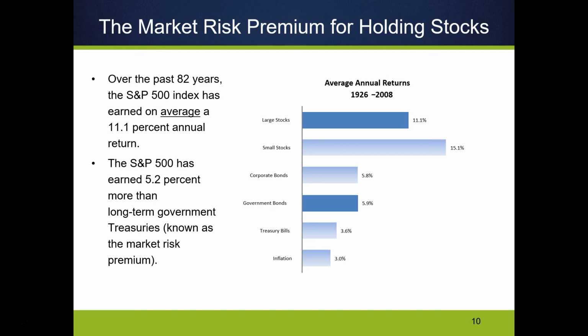Right? What that means is that the market risk premium historically has been about 5.2% based on the S&P 500, but on average for the whole market it's been about 8%. Right? So that means on average for the whole market the stocks are returning 8% more than bonds. Right? And this 8%, that's what I'm talking about when I say we don't have good models to explain why that figure is so large.